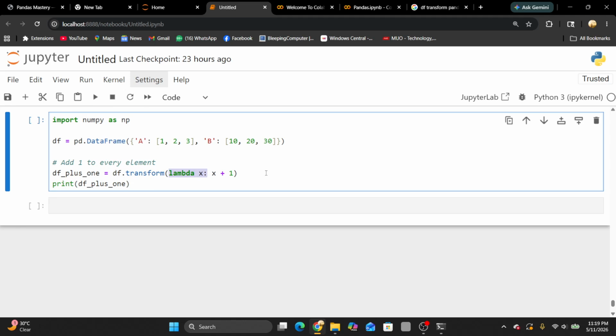Lambda functions are actually used for single-line mathematical expression functions. It is very useful for those. So I have to pass the parameter x only, and x plus 1. That means for every element,